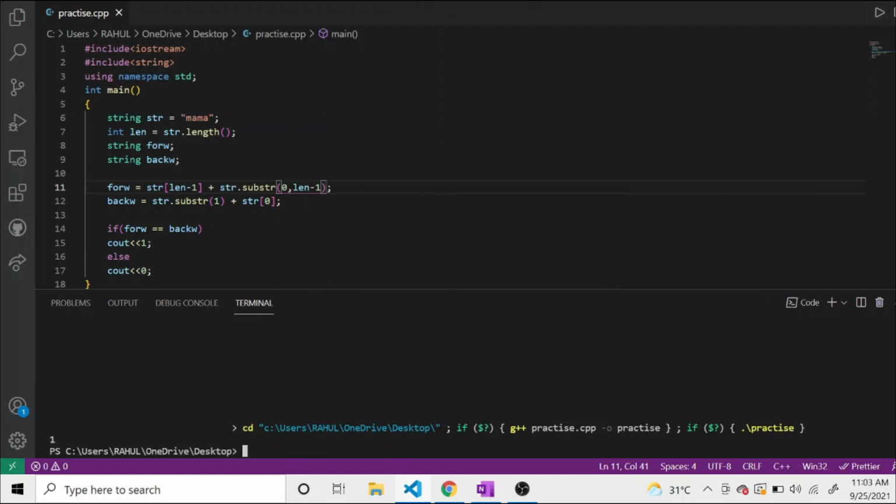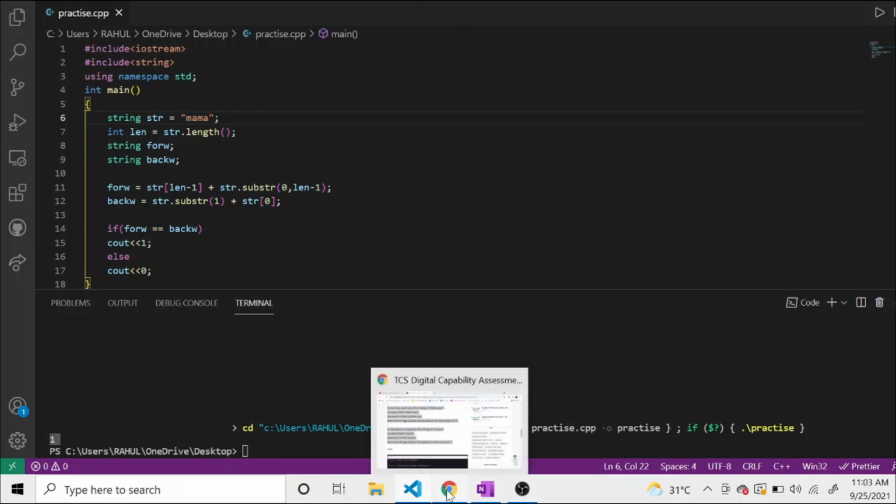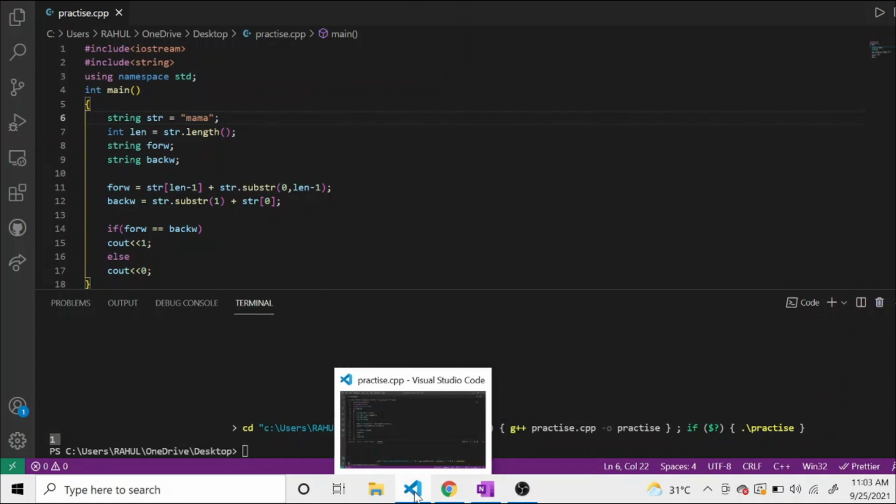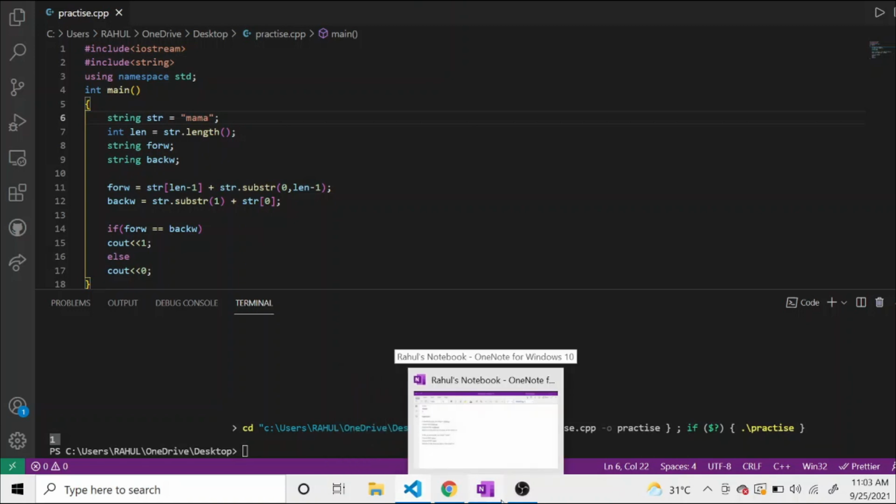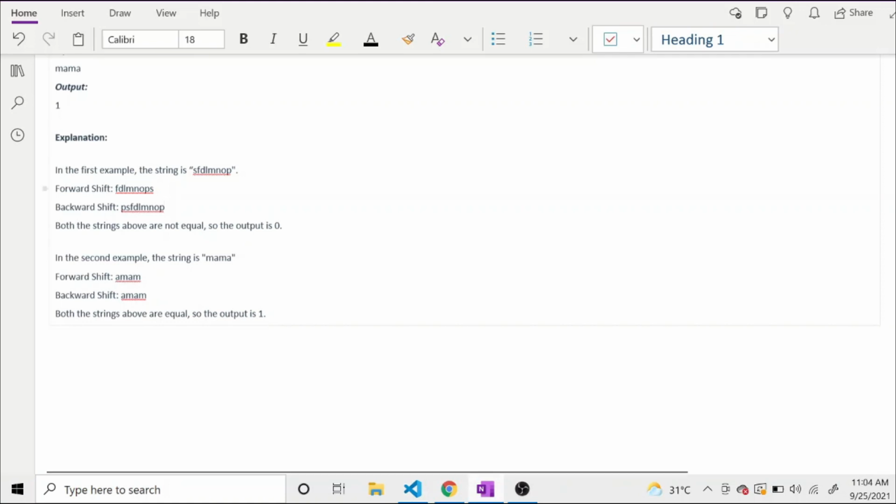As you can see, we have got the output as 1, which means that after performing the forward shift and backward shift, both answers are the same. Now let's see for this other input.